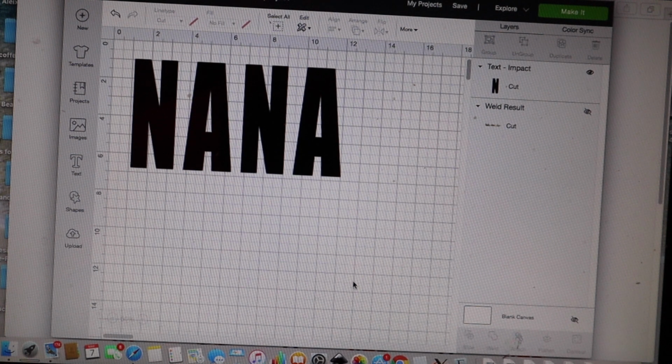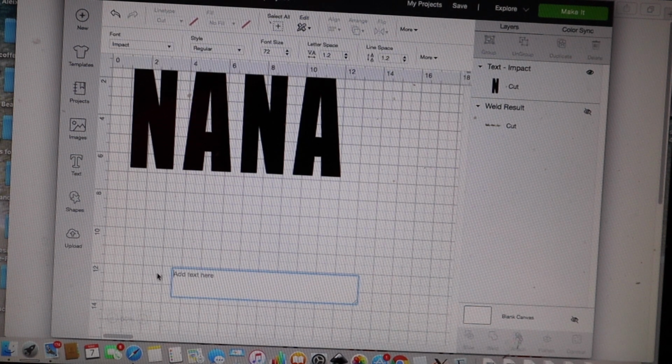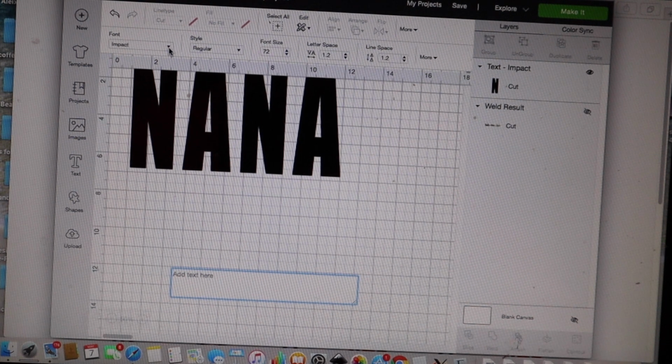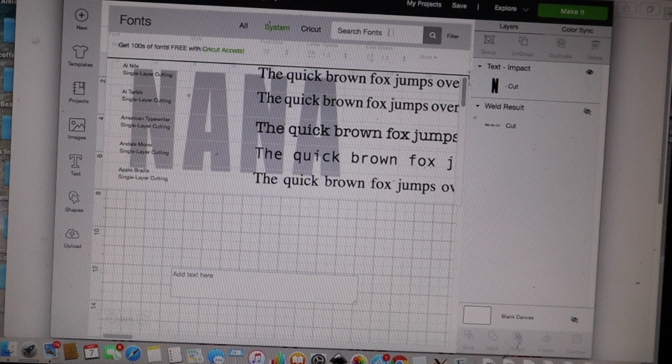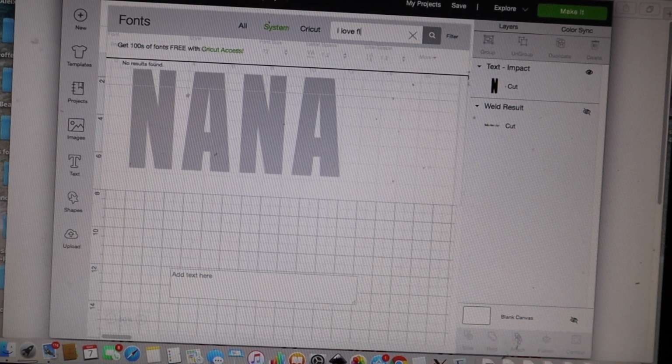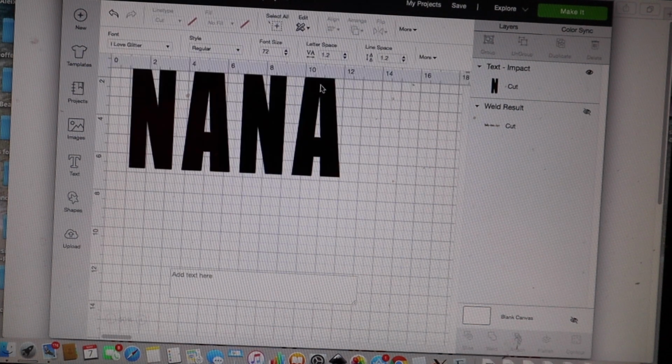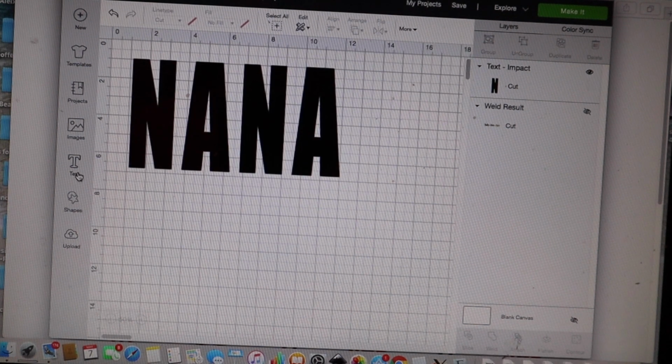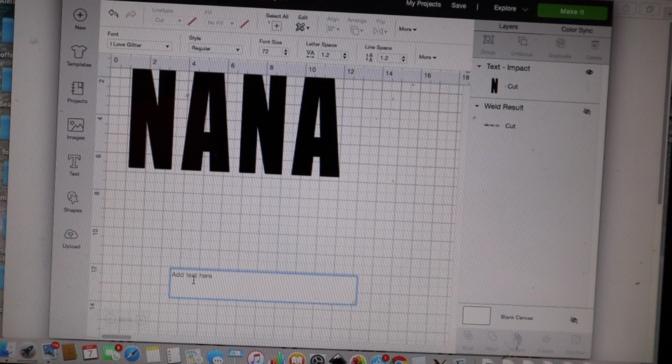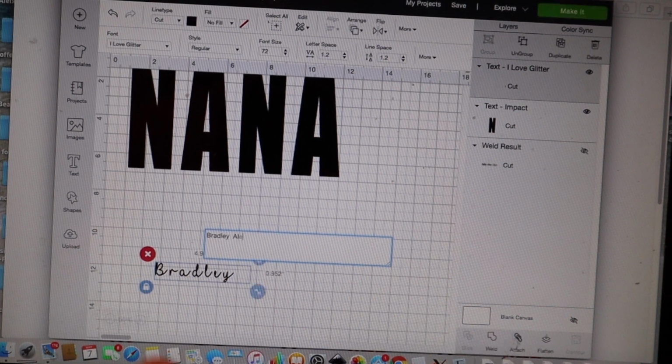Once you have your base word like you like, go ahead and grab another text box. And we're going to change the font for the names that are going to sit on top of Nana. Now, the one you see in the thumbnail, that font is called I Love Glitter. So I'm going to go ahead and change up here in my font selection to I Love Glitter. And then I'm going to go ahead and type in all the names that I want to show